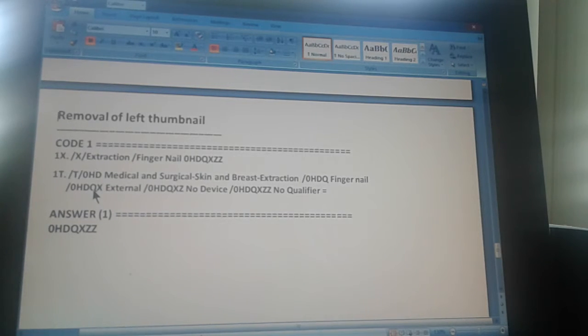And now the approach. The approach for the operation is external, X for external. It means that you didn't have to go percutaneous or make any incision, because the nail is outside, so it's external. Now the sixth character is Z, no device, because we don't leave anything in the body after the operation. And the last one is Z, no qualifier. We don't need a seventh character to identify this procedure, so there's no qualifier. The equal sign means double-check this code. So the answer is